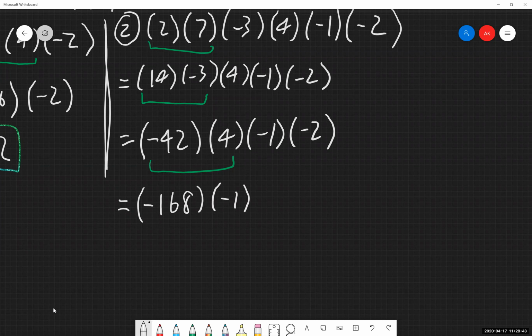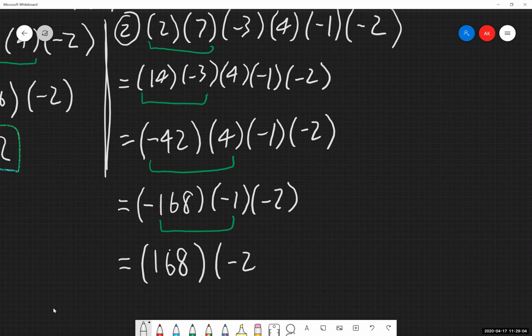Nothing happened to the negative 1, nothing happened to the negative 2. It's just coming down. And again, working just with the first 2 terms there, I have a negative times a negative. That's going to give me a positive answer. And then anything times 1 is just going to be itself. That negative 1 multiplying through is just going to change the sign of the answer.